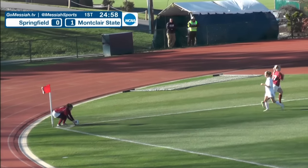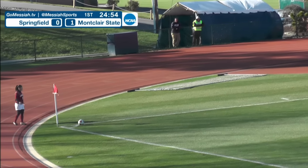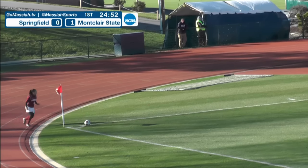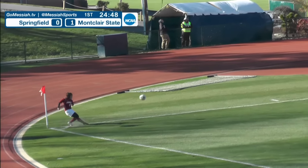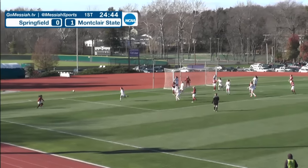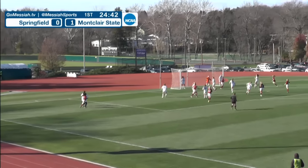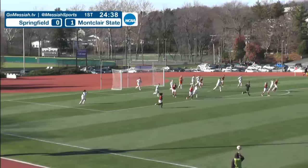Fowler has now shown off that flip throw 5 times in the last several minutes, and it has worked well for her side. Looking to turn it into something now. Near corner, Springfield with a cross that leaves it well outside the box. Sent back out, another corner. Sent. Finlayson drops it. Oh. Second corner